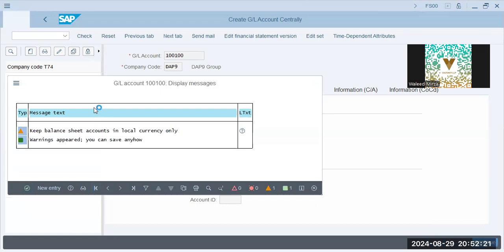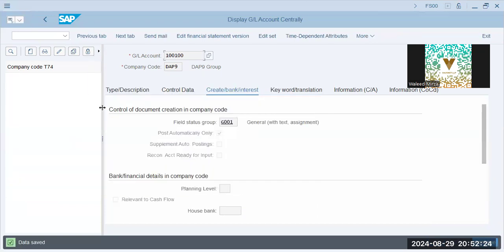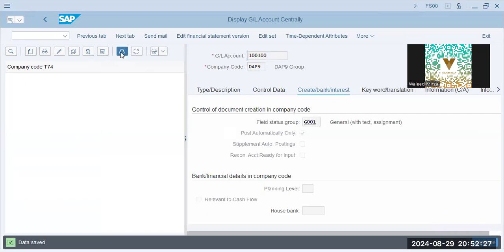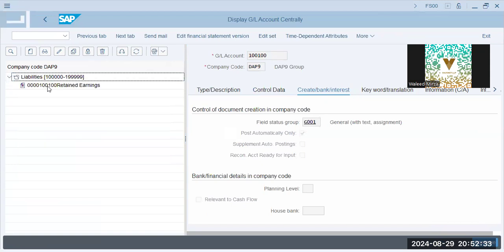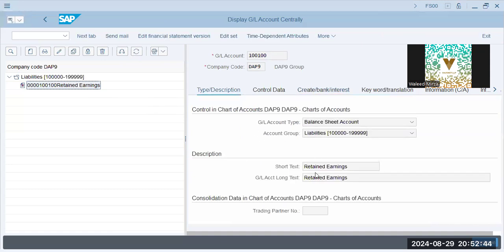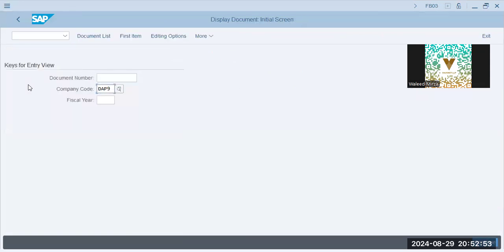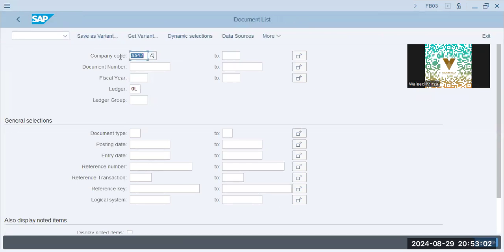Now, your first change company code to DAP9. And this is our first GL, which is already made. Okay, now this is our first GL account. Now, what are line items? Let me just tell you that. FB03 is the transaction. I'll take any AW40. This is our template company code, document list in this company code, and execute,